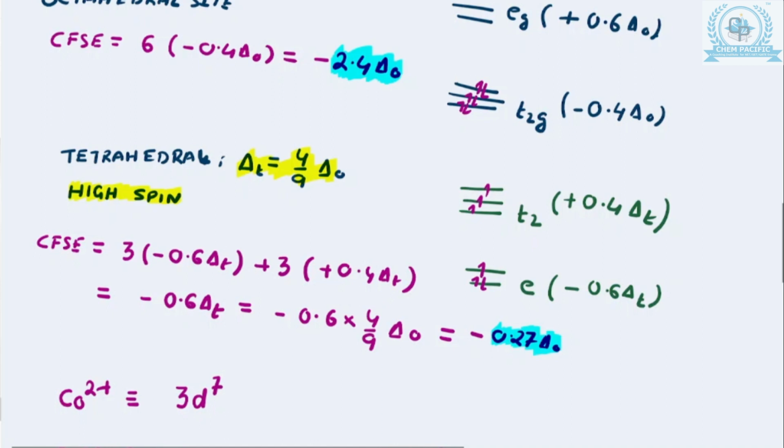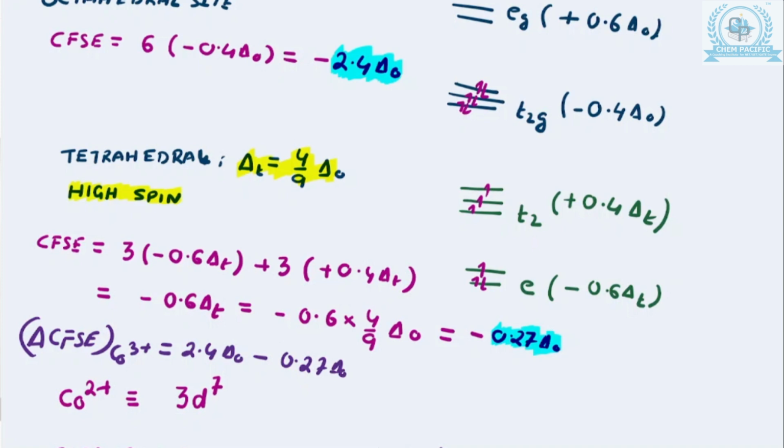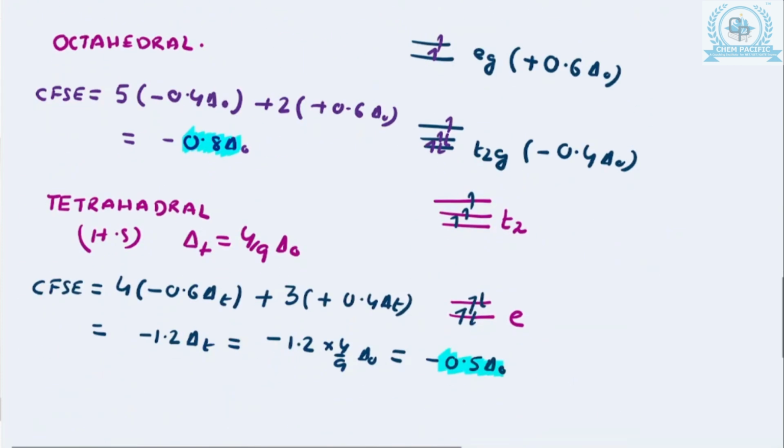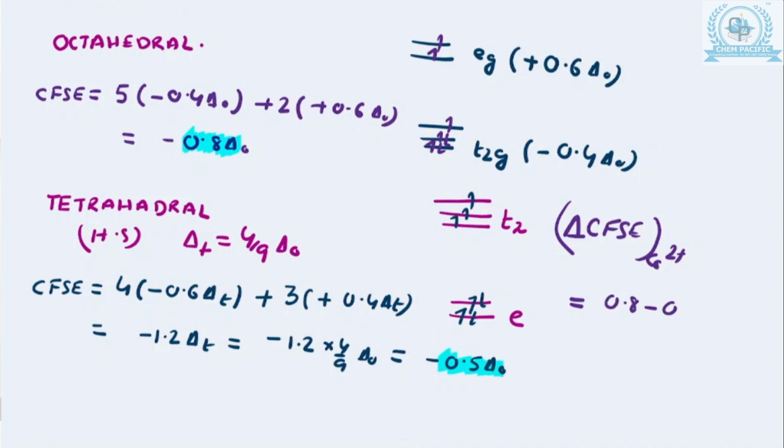You have to calculate the delta CFSE of कोबाल्ट 3+, मतलब जो इसका वैल्यू है इन द ऑक्टाहेड्रल साइट माइनस जो इसका न्यूमेरिकल वैल्यू इन द टेट्राहेड्रल साइट. तो अगर ये आप करते हो आपको मिलता है 2.13 delta 0. ठीक है, सिमिलरली यहाँ पे जो कोबाल्ट 2+ है इसका भी मैं यहाँ पे कर रही हूँ, इसका भी डेल्टा CFSE अगर आप कैलकुलेट करते हो of the cobalt 2+, you will find out that cobalt 2+ का जो वैल्यू है वो है 0.8 minus 0.5 of delta 0, which is equal to